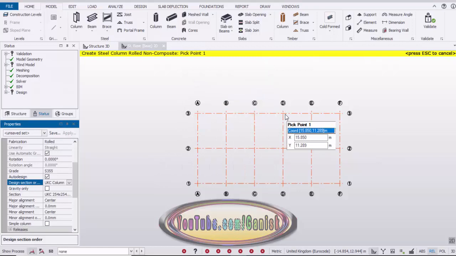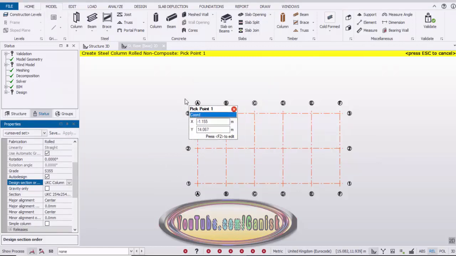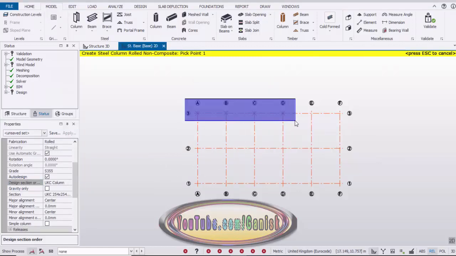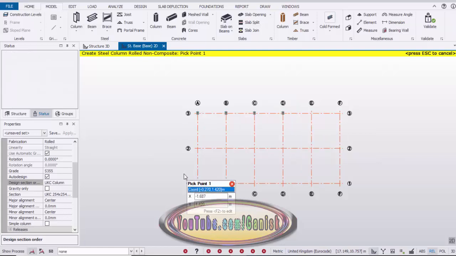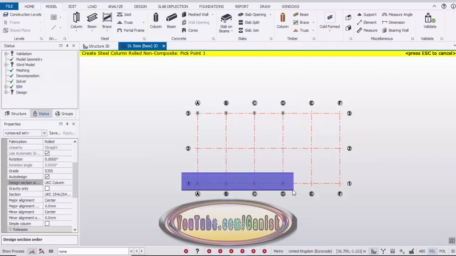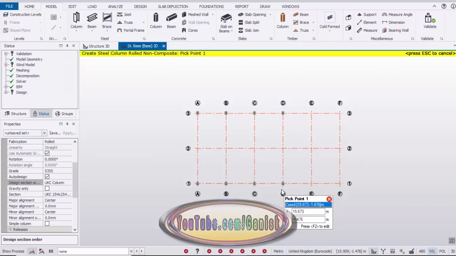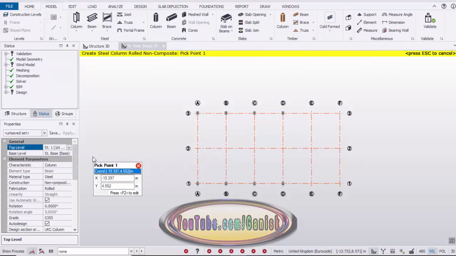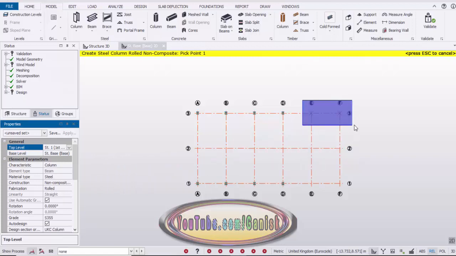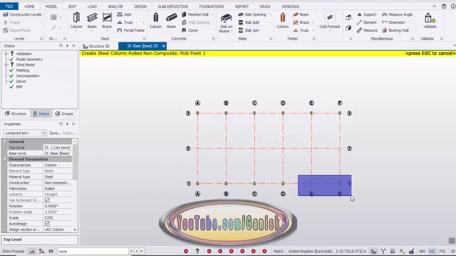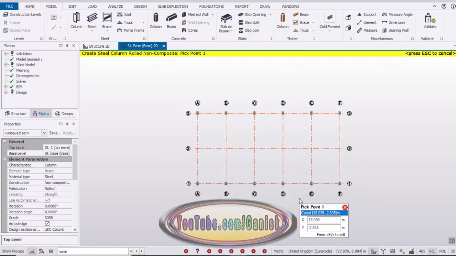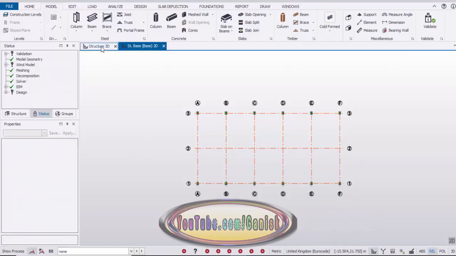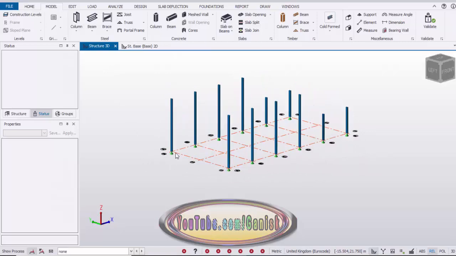Okay, now we're going to take up to D, so drag up to D with the mouse left key and do the same procedure here up to D grid. Okay, now scroll it up, and now we're going to change the eve level up to first eve level, the top of the column level, so drag and select here E and F grid, and here also E and F grid, and click on escape to exit the command. Now we're going to check in the 3D view. You can see you will get like this.